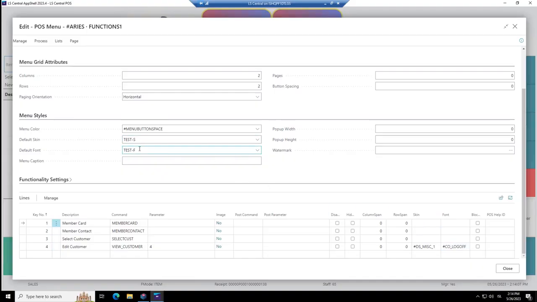So if you do a change for the menu and then the button has something different, it will override what's in the menu. And if a button has something that is linked with the POS command, these will not override that, but setting it on the menu buttons itself or the menu lines, it will always override the default concept or the rules that are in the system.